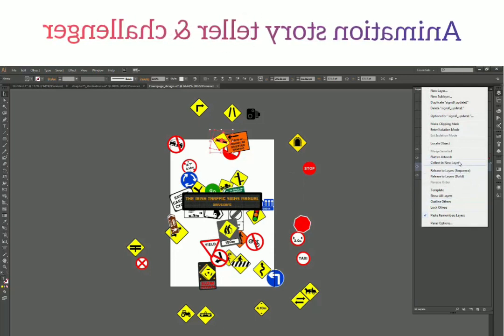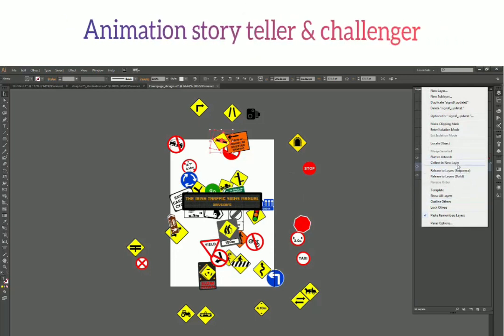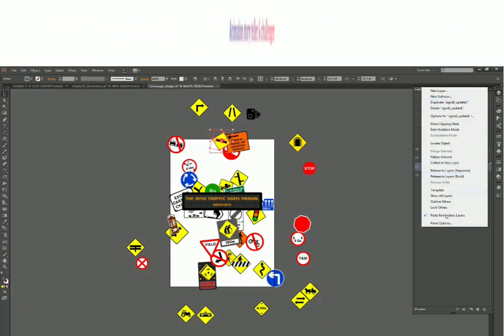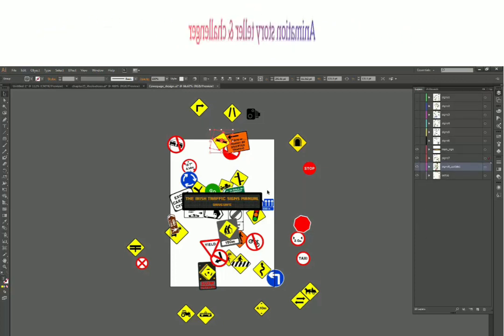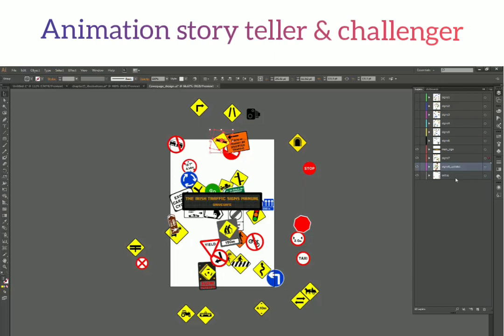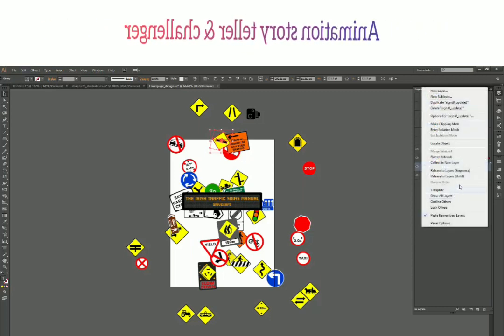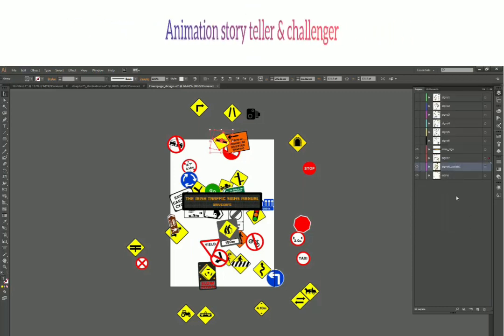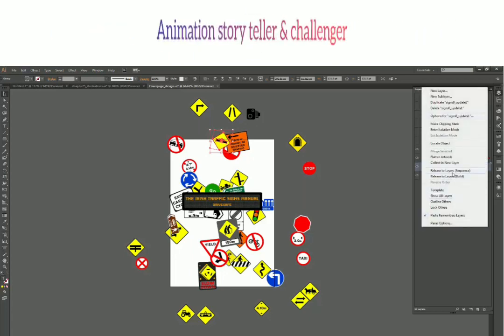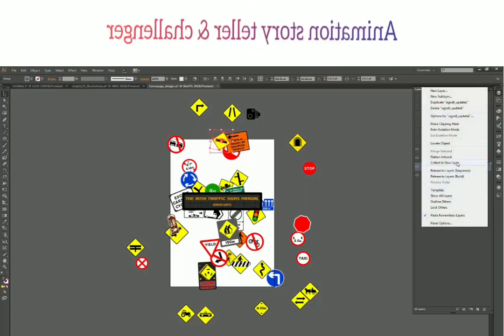Now we have this flatten artwork, collect in new layer, and collect in new layer, actually what it does is, whatever objects you have in your layer, it will create a new layer inside your layer. So let's say I click on this sign 8 update one layer and I click on collect in new layer.